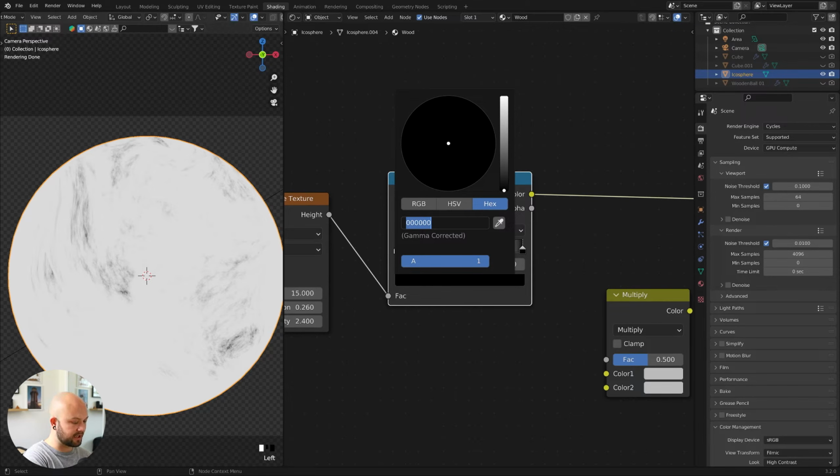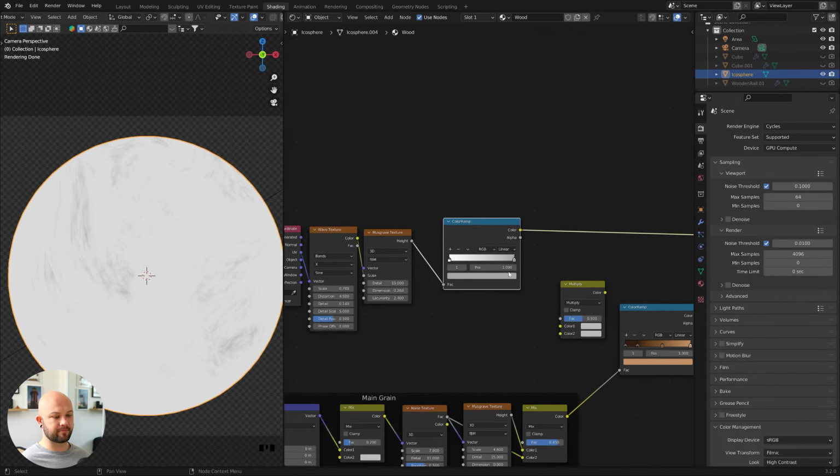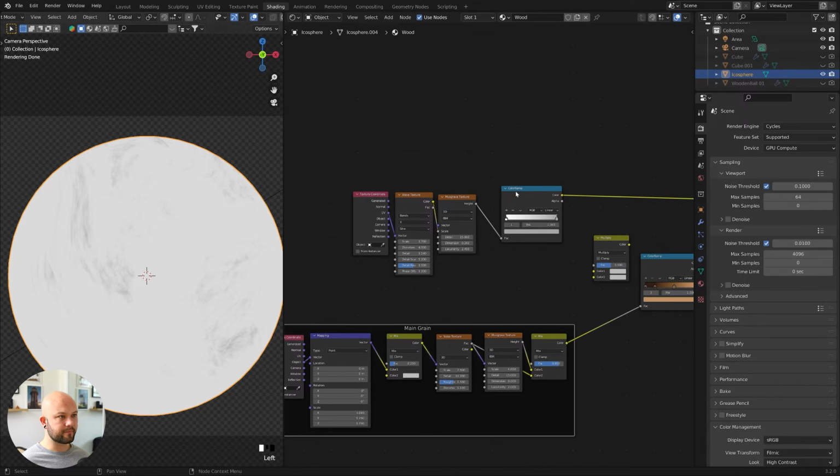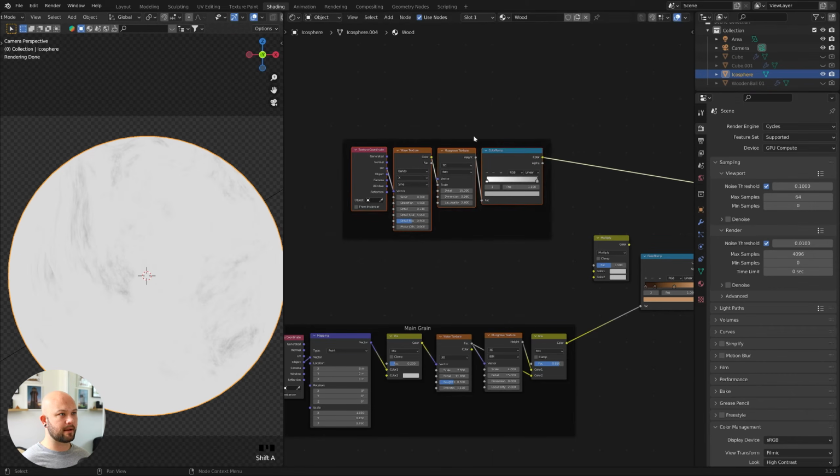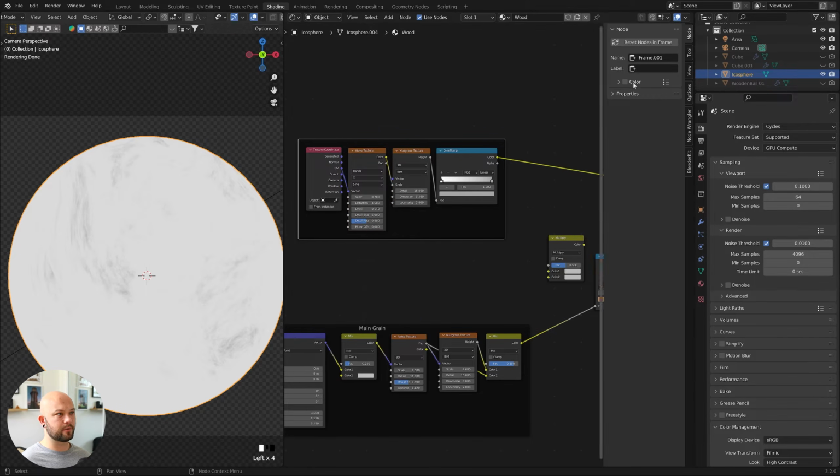So for this, I used A6, A6, A6. But obviously feel free to play around with this as well. So now that we've got these all done, we're going to add another frame in. So Shift A, add ourselves a frame, grab them, and then on our little panel with that selected, we can